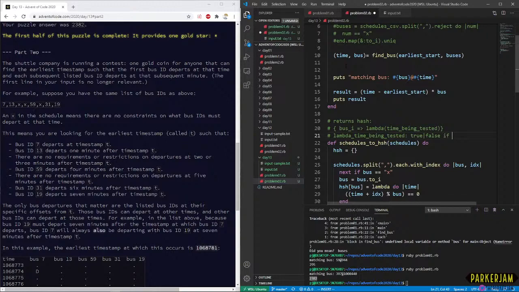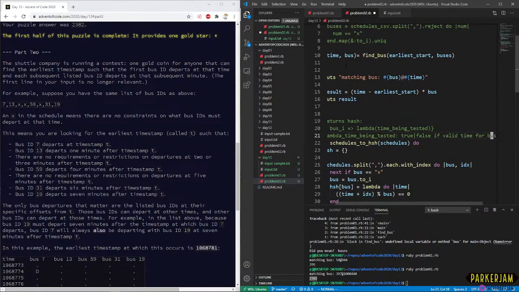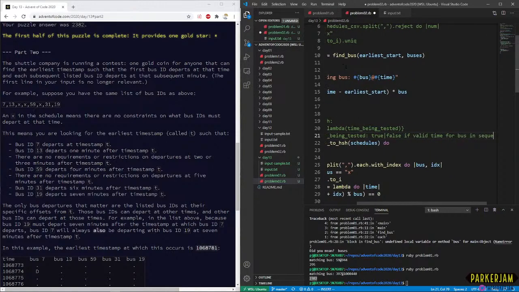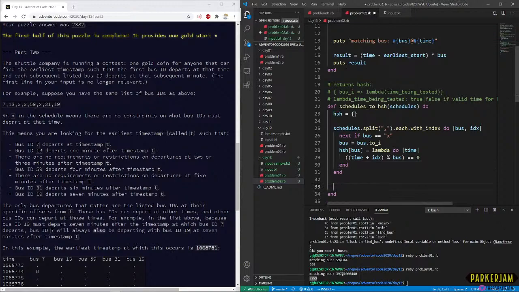If valid time bus. Didn't see. That sounds pretty reasonable. And then we'll return our hash here.